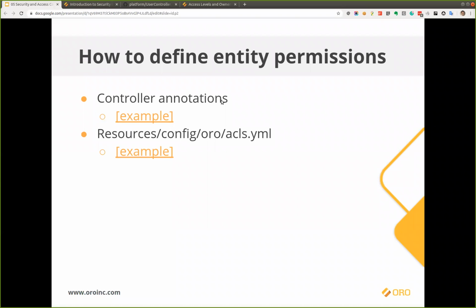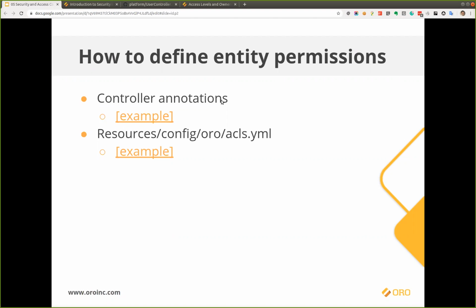change the security of some specific action, okay? For example, I would like to check different permissions. I would not like to check user permission, I would like to check user naming permission. It is not possible to change the annotation without overwriting the controller, which would be a lot to do and